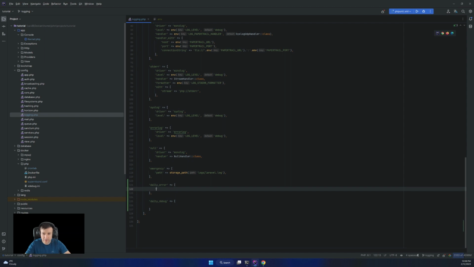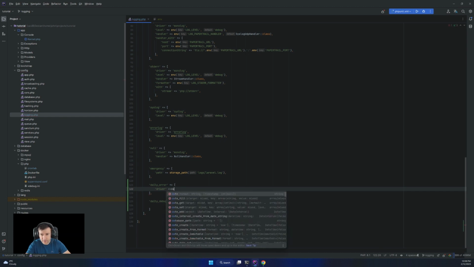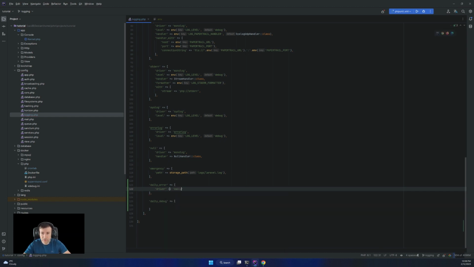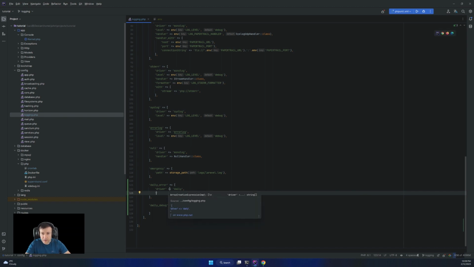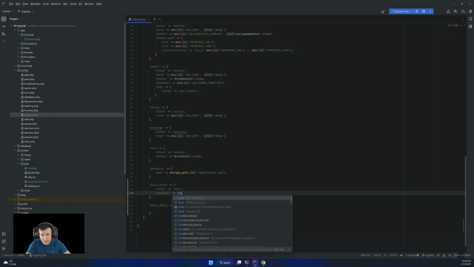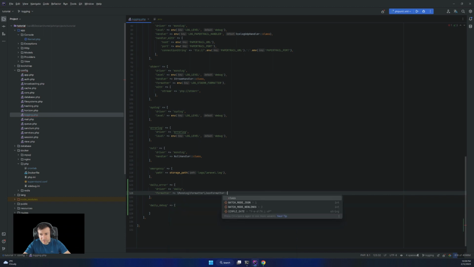For errors, I want to use the driver daily, because I want it structured in daily files. From my experience, I like to format this. Usually I use custom formatters, but for this tutorial I'll keep it simple and use an existing formatter. The best existing formatter that I found is the JSON formatter from Monolog.